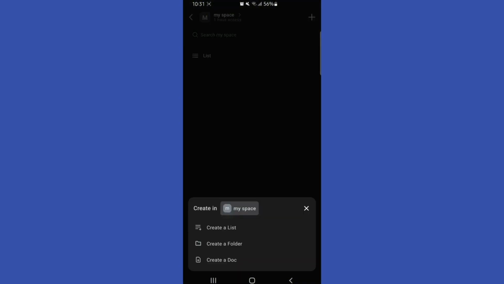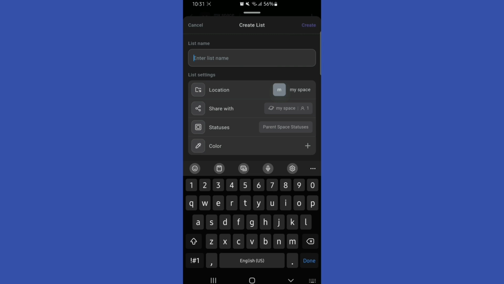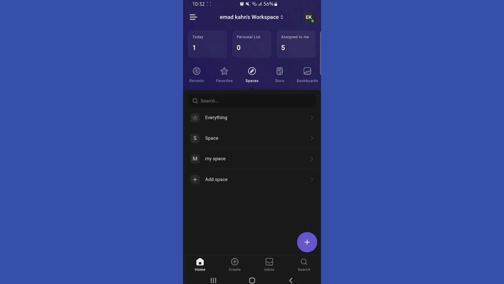Now once you're here, click on this plus button on the top right, click on it, and in here click on create a list. Now name this list to-do list, and after that click on create. Now after the list has been created, go back to the home page and in here click on this create